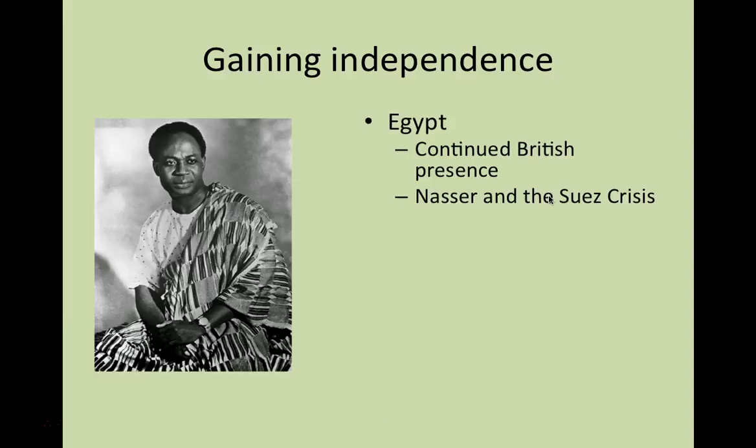So Egypt. Egypt technically had been independent since 1922, when the British handed power over to a king and there was a parliament elected, but as we've seen already, the British continued to interfere in Egyptian affairs, convincing the king to disband the parliament because they didn't like the Wafd Party. Later on, with the rise of the Muslim Brotherhood, they tried to stop the spread of the influence of the Muslim Brotherhood and its involvement in the